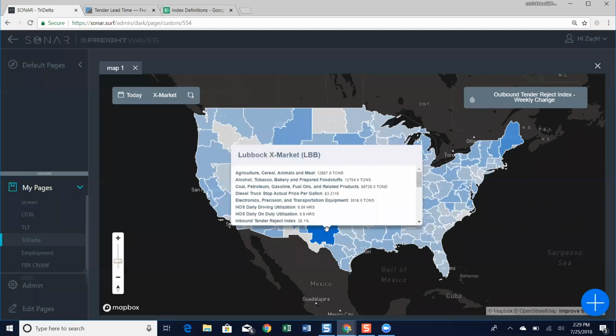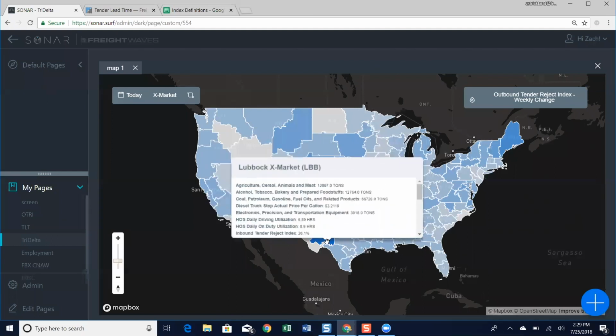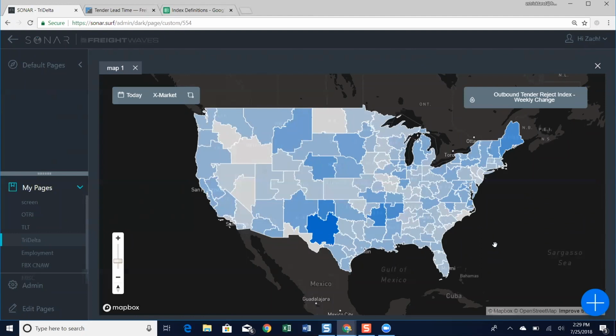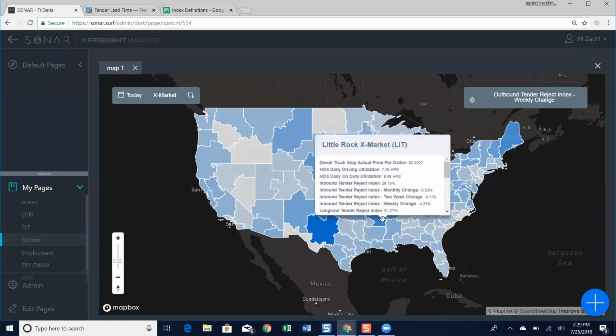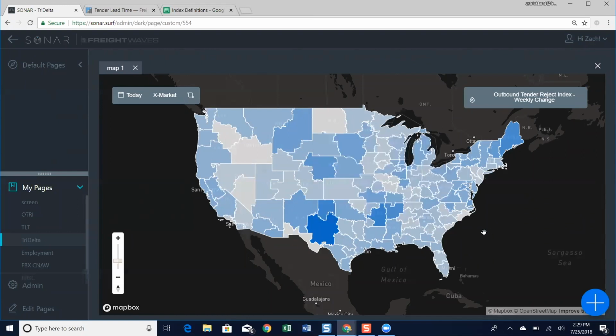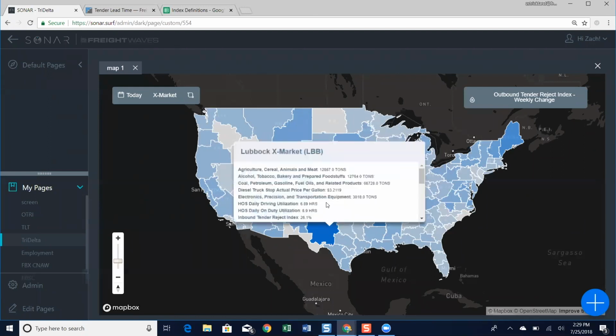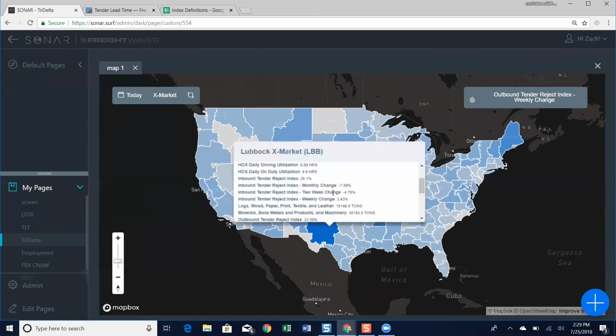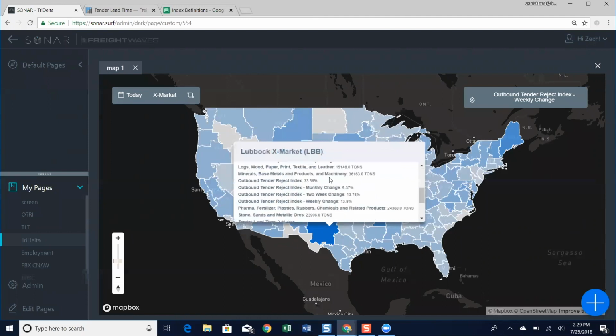So the weekly change is going to show a darker colored blue for the areas that have seen the biggest increase in tender rejections in the last week, the last 7 days. Looking at this tells me that the Lubbock market right here is really having a big increase in outbound tender rejections over the last 7 days. See right here, you can scroll through and see that it's 33.56%, which doesn't mean a lot to me right now. But then I'm going to go over to one of my